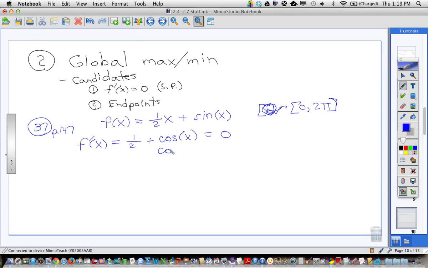Okay, and then we can subtract a half from both sides. Where does cosine equal -1/2? Well, now we've got to think about our unit circle. Cosine, that'd be over in these two quadrants, right? And isn't that a pi thirds reference? So I think it's up here at 2 pi thirds, and down here, 4 pi thirds, right? Cosine's negative in these two quadrants. So it's x equals, and since we're limited from 0 to 2 pi, that's all we need. So 2 pi thirds,